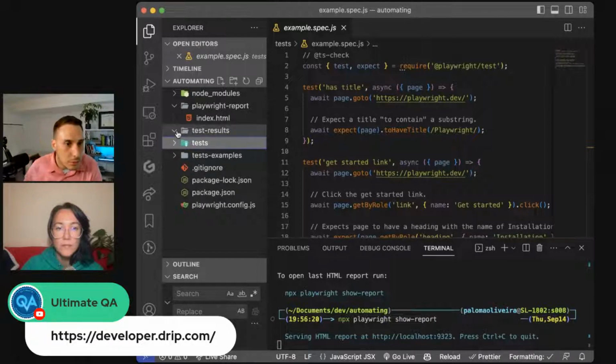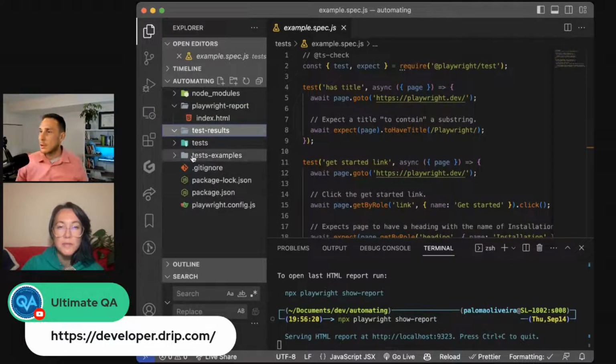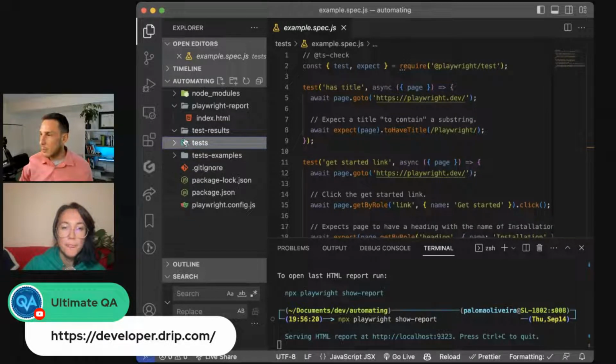Where are your test results? Weird. Does it really give the results even just with the test ones? Yeah, it should produce it no matter what. Oh, maybe we need to configure a setting, but